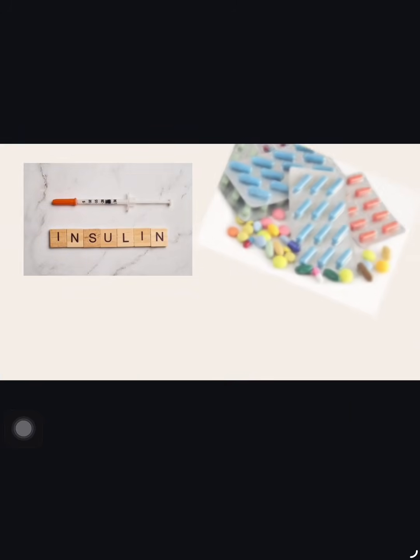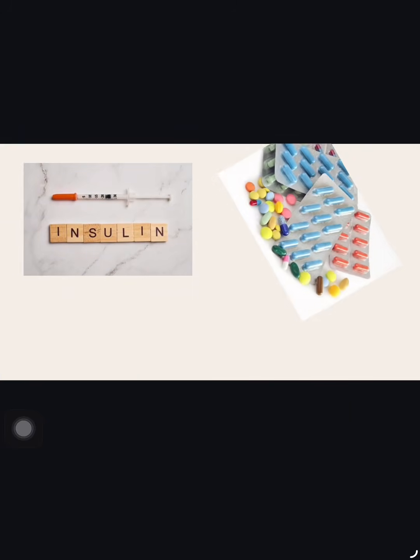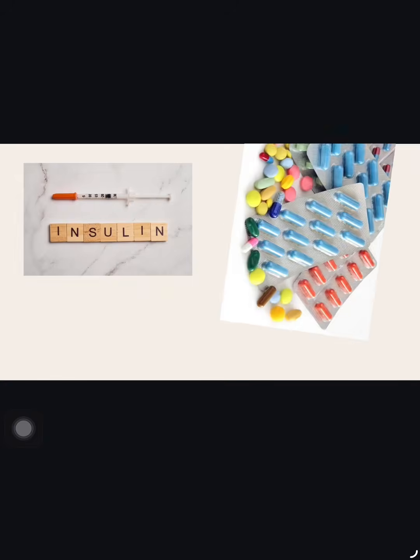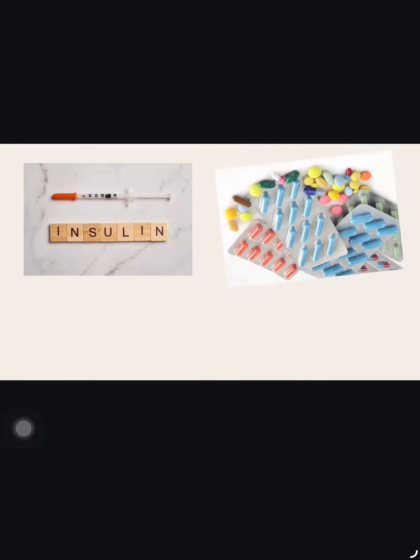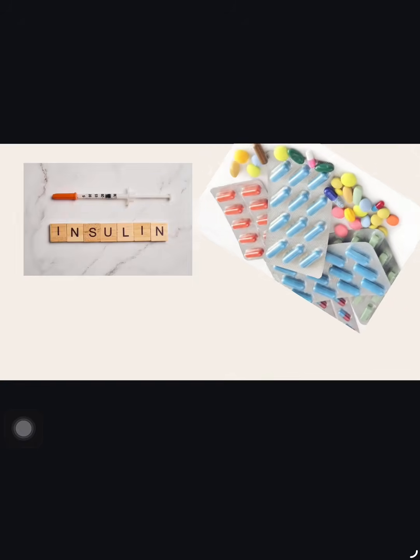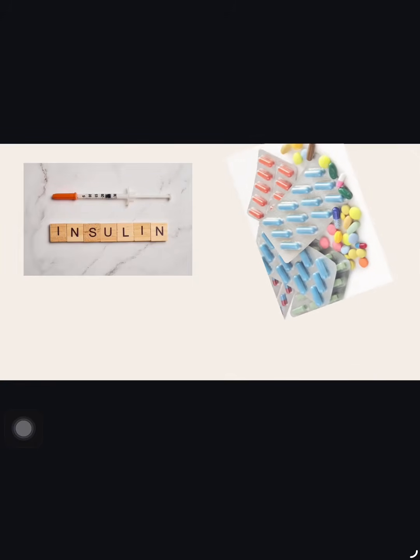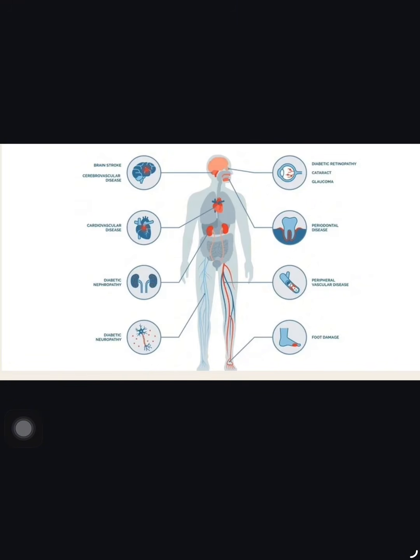And now, the medications. If the blood sugar level is not controlled by oral medications, we can go for injectable medications, that is, insulin. At first, oral medication is prescribed. And last, the complications. If the diabetes is not controlled in time and timely action can't be taken, then